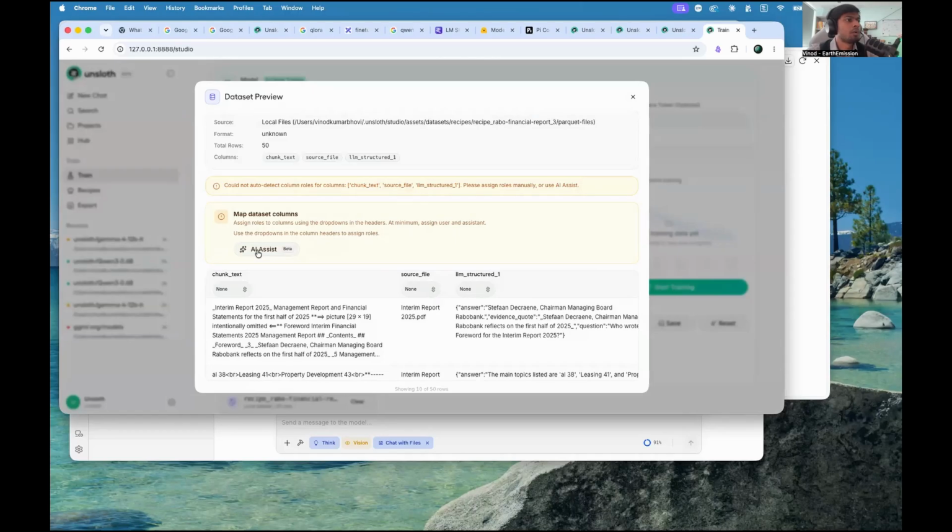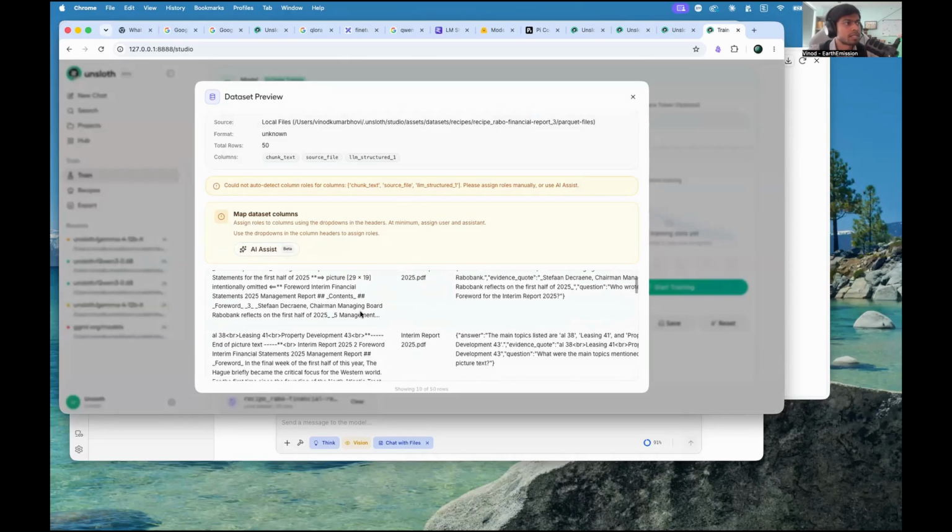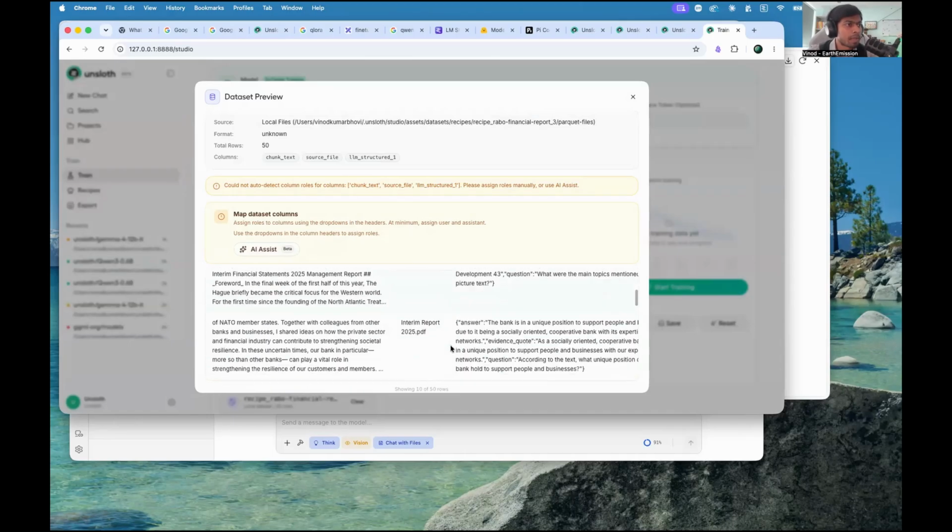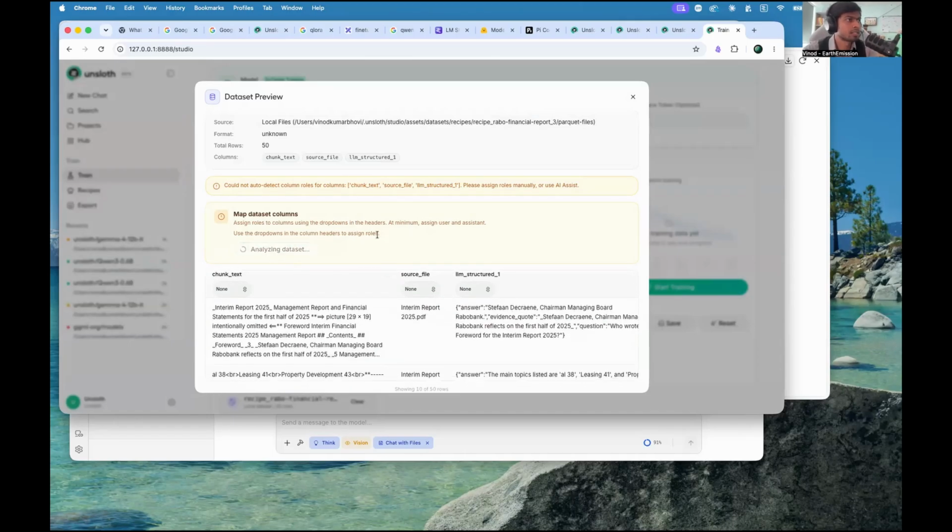Here we want to map the dataset columns. Just click on this AI assist. What it basically does is it does different Q&A mapping. You can see that in a second. So the moment I click on AI mapping,